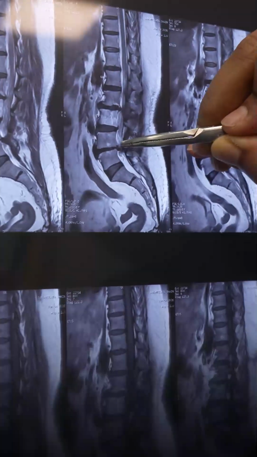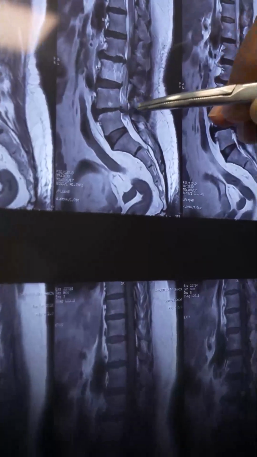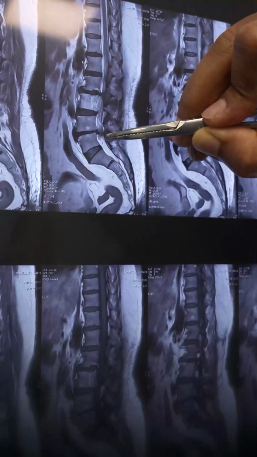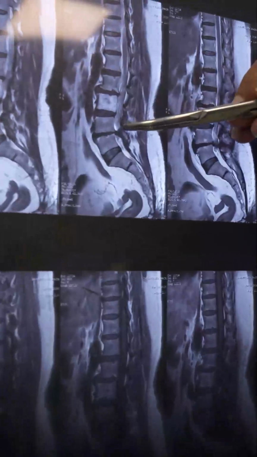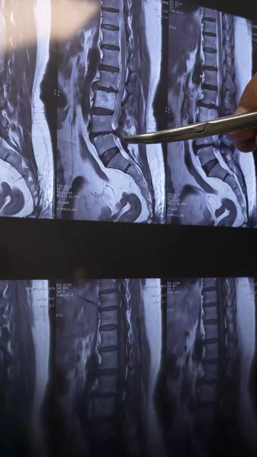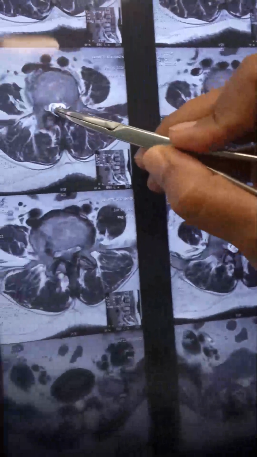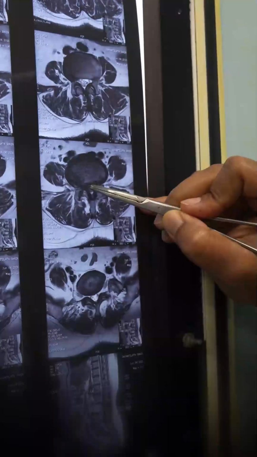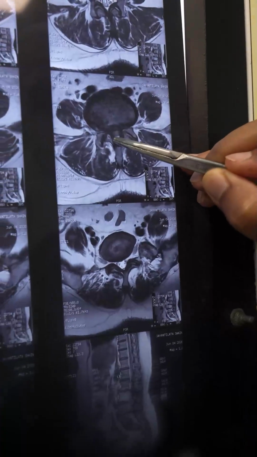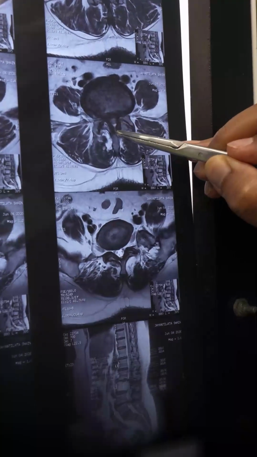So there is compression here, some disc component and ligamentum flavum hypertrophy also, which is causing compression of the thecal sac. You can see clearly here there is significant compression. On axial view you can see this area, these are all normal areas. Here nerve roots are free, rootlets are free, but here it is severely compressed and these elements are compressing the nerve